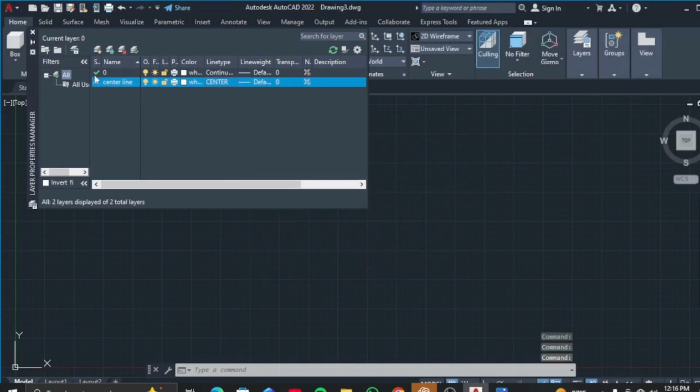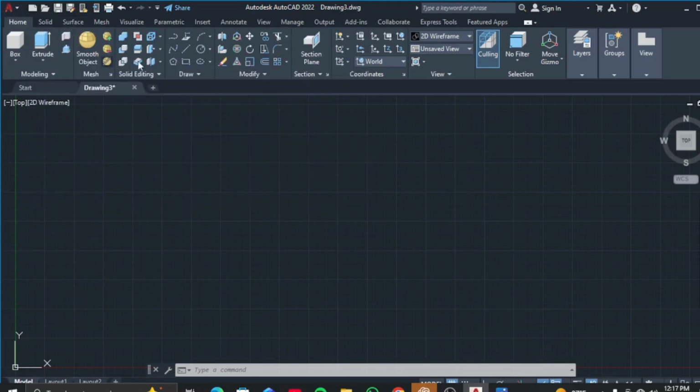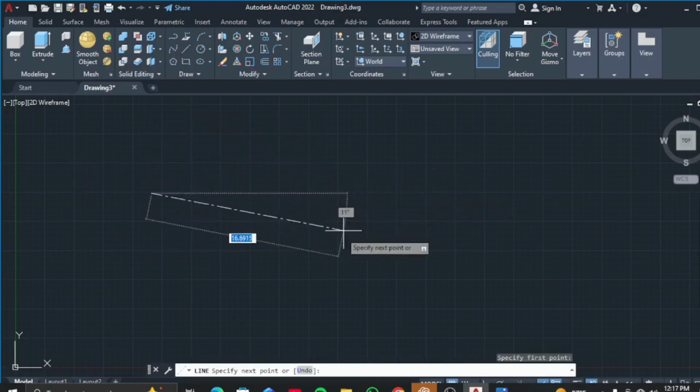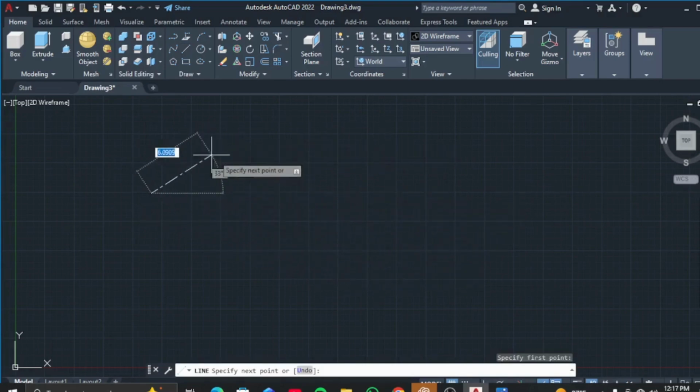After doing that, you make sure this is marked. If it is marked, it means you are working with this line, so you double click, then you cancel. Then now you come to the draw command. This is line, click on it, then anywhere here you can just click on it, then you can see center line is showing,